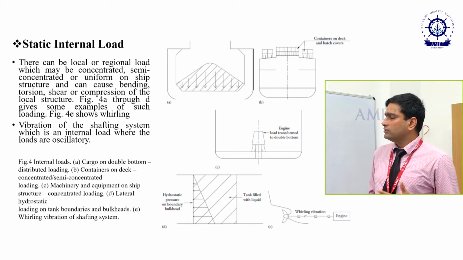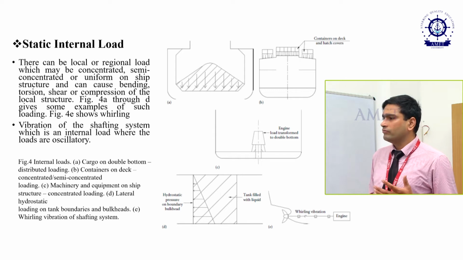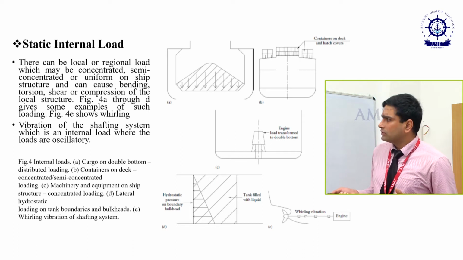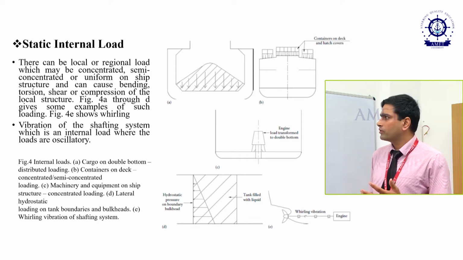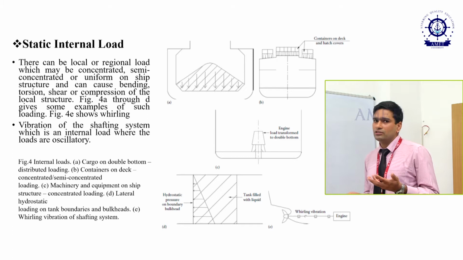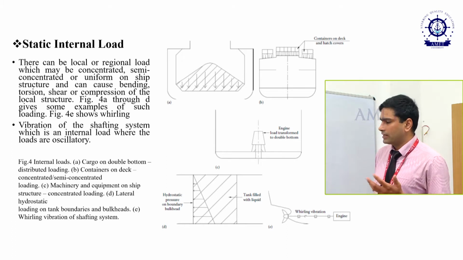Though we know that these things will happen, we are only interested in knowing the scale of these loads. Adding to these static loads, which are not only in the cargo compartment but also on the deck and hatch covers, shown in diagrams A and B, the loads will change. Not only the loads, but the behavior of the ship will also change, because there is a change in the center of gravity which affects stability. If we increase the loads on the deck structure, there may be a chance that the ship will lose its stability characteristics.